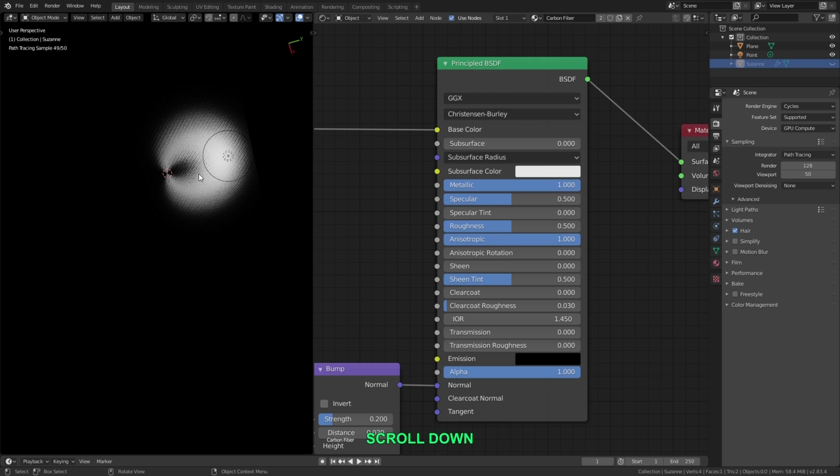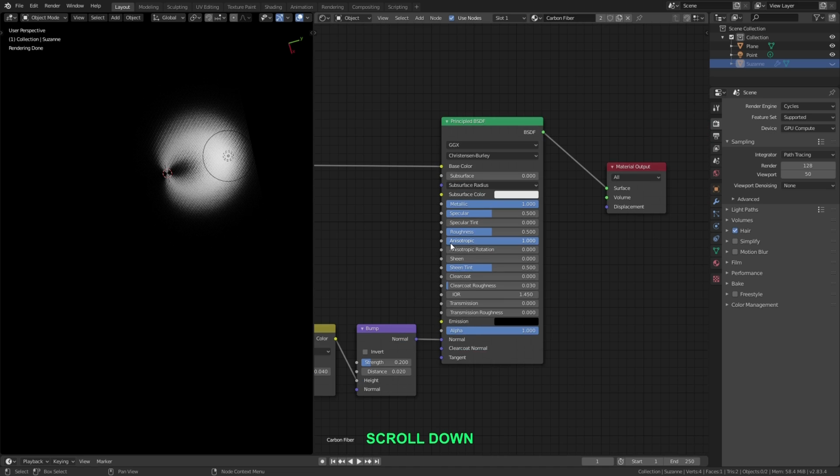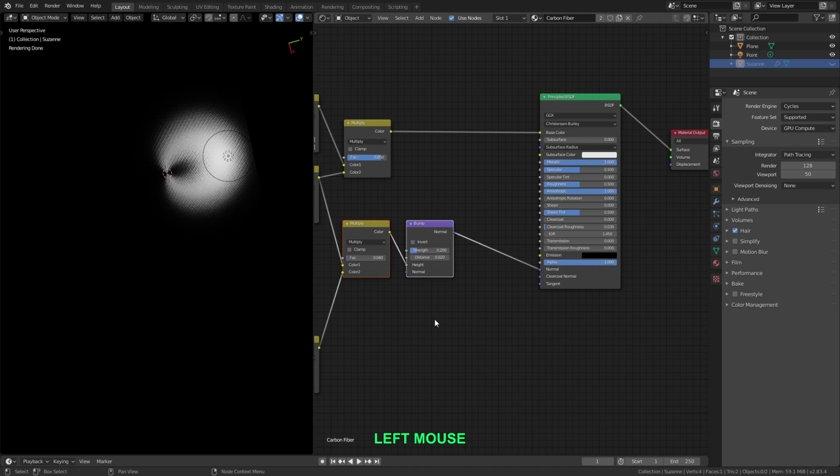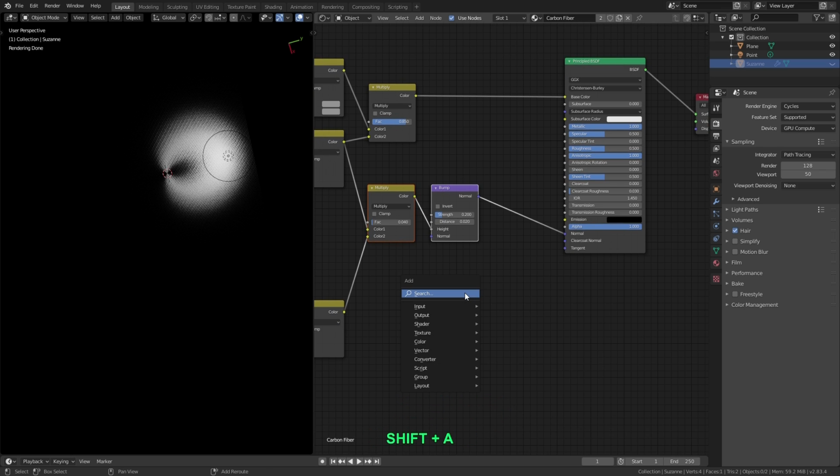So we need to change the stretching, and we can do that with the tangent node. So let me zoom out, and I'll select those two nodes and move them over a little bit. We're going to add a node right in there. So let me press Shift and A, and from the input menu, I'll add in a tangent node. And now let me connect the tangent output to the tangent input of the principled node, and now we can